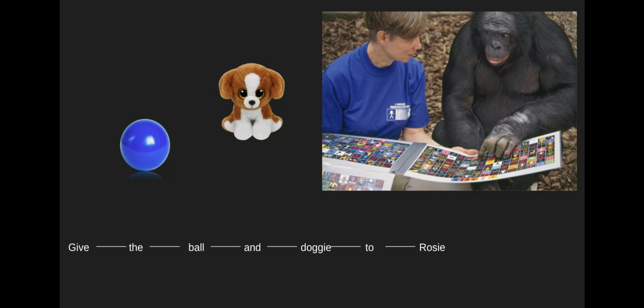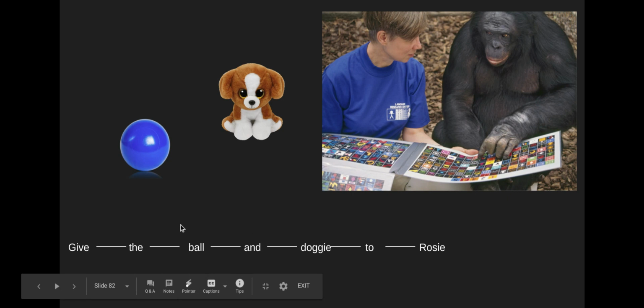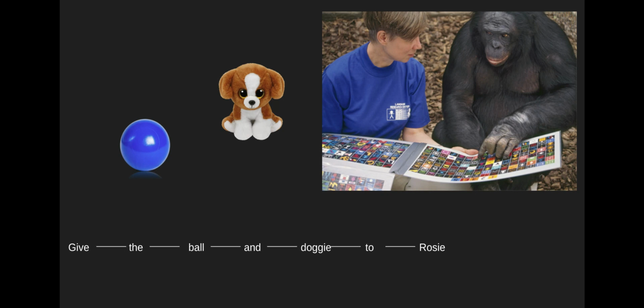Now, what's interesting is that when you try and teach sentences like this to Kanzi, the bonobo here, "give the ball and the doggy to Rosie," Kanzi just doesn't seem to get that the blue ball and doggy all have to come together as a big chunk. So when you tell Kanzi, "give the ball and the doggy to Rosie,"